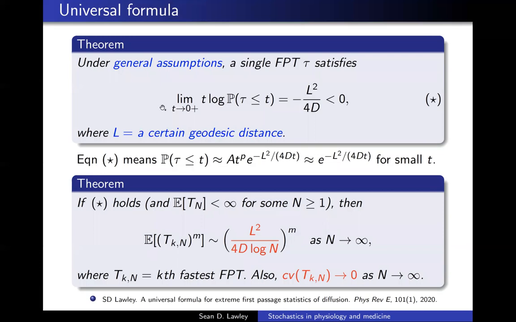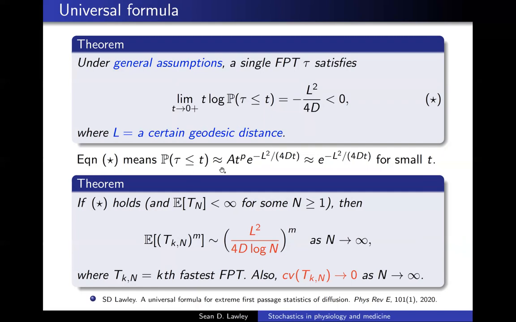it gives some typical short time behavior of the CDF, the distribution of a single first passage time. And what the theorem says is, under some general assumptions, I'm cheating a little bit, I'm not telling you what those are, but I'll give you those in a moment. Under some general assumptions, a single first passage time tau satisfies this short time behavior on a log scale. The way to read this equation star, by the way, is sort of here. Right? So equation star means very roughly, if you sort of unpack this log, it means that